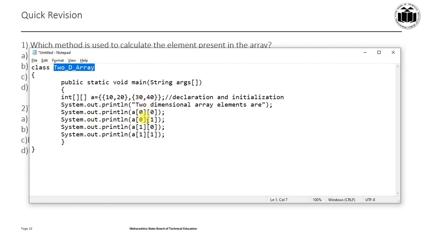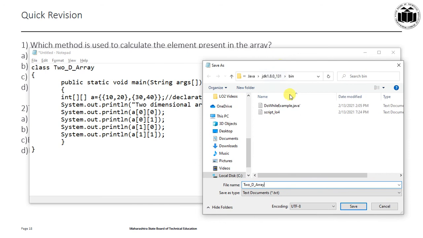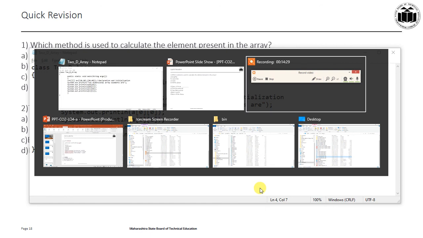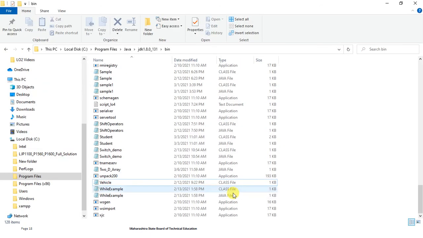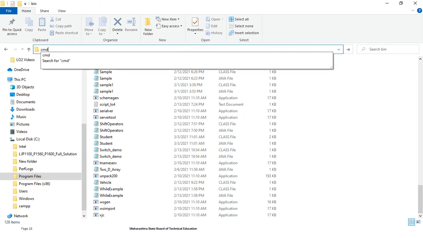You have to save this code in your bin folder. So in this way you have to save your file. Your class name is 2_d_array, and you need to give the .java extension over here and save. Open the command prompt, or in this way also you can open it. Here you can directly type cmd.